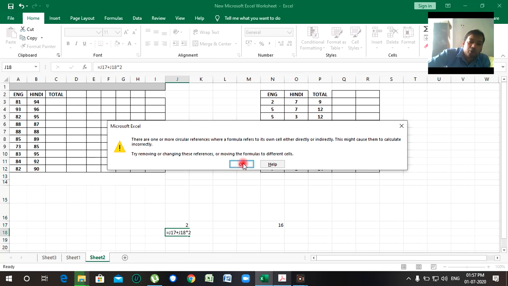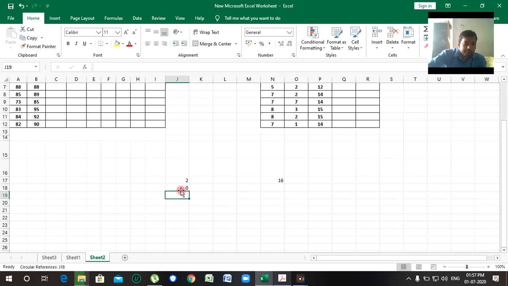In the status bar, see here, the circular reference has been shown over here. Here we can find the circular reference, and we can see that the value 0 comes. This is the circular reference.